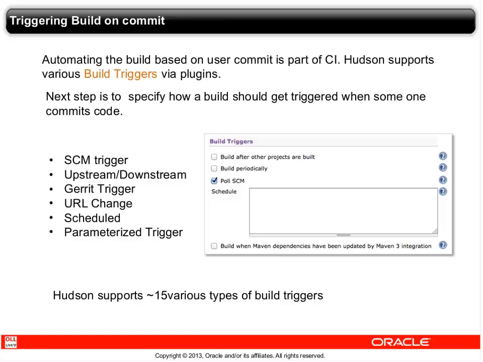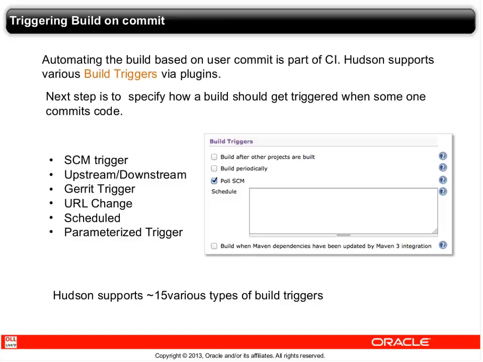We don't want the build to take hours to know that somebody has broken the build. That is not a good CI environment. So setting up upstream and downstream so that the builds go in a pipeline is the most important part of the